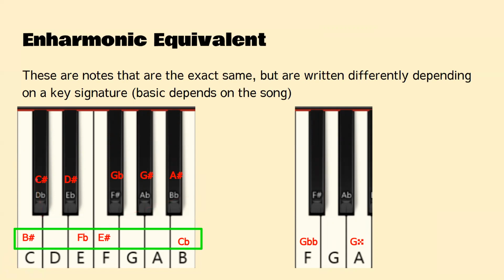So D flat and C sharp are the exact same, but if a song already has sharps in it, they're going to want to use C sharp. If it already has flats in it, then they're probably going to use D flat. So it just depends on the song. It's not that common to see both sharps and flats. They'll usually stick to one, unless C major, but we're going to talk about that. So, okay. And same thing here, E flat, D sharp, same, F sharp, G flat, A flat, G sharp, B flat, A sharp,